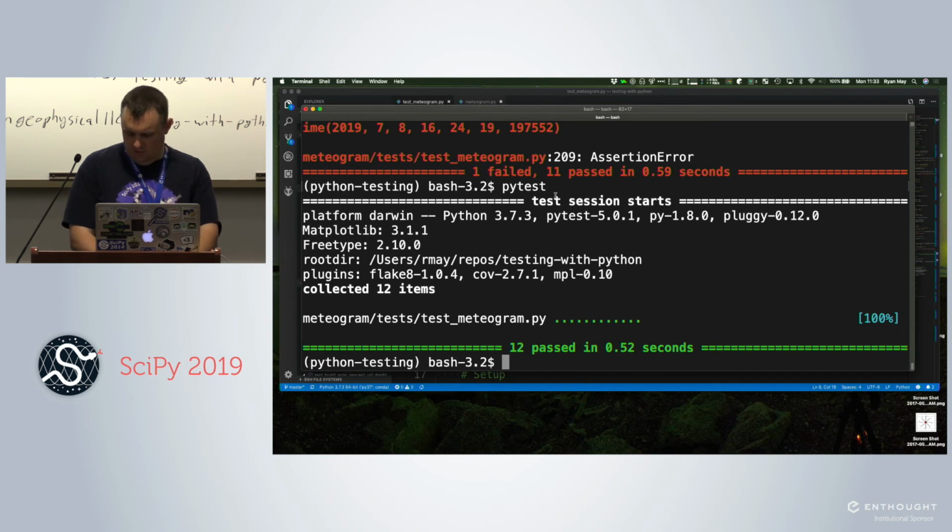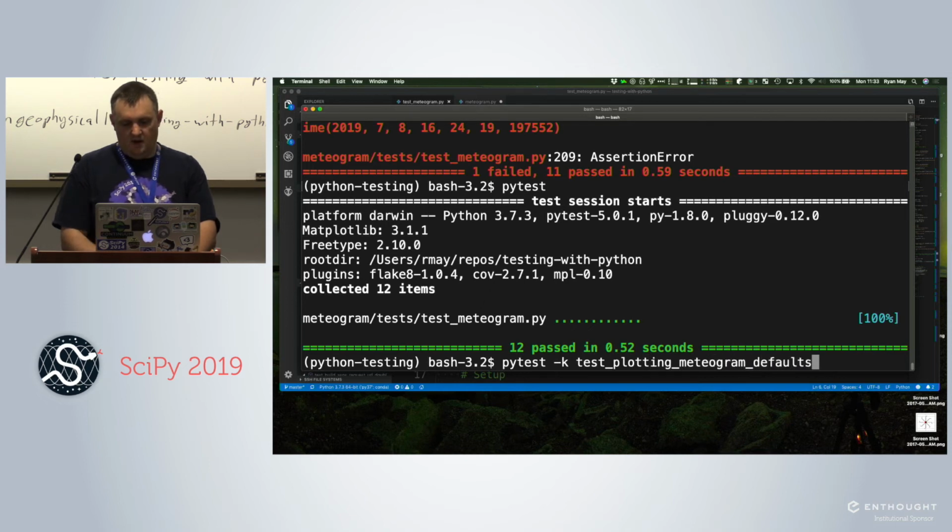What we want is to say pytest, and this is an option we haven't encountered so far. You can pass -k and say test_plotting_mediogram_defaults. K is kind of a substring. It's going to look for all tests that contain that name and run those. So it's a way to not run the entire suite, just the one test function we want.